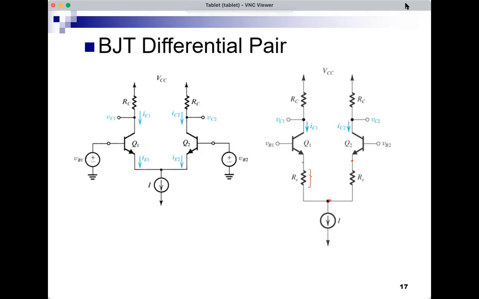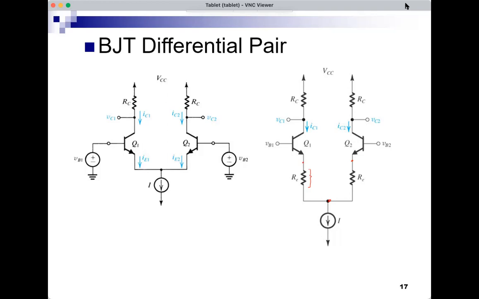The second effect of RE is that it will make the characteristics of the BJT more linear. How does it do that? We will study this when we start the topic of feedback. This is a feedback resistor, and negative feedback makes the amplifier characteristics more linear, so we will have reduced distortion. So this is a useful resistor. It will help us in reducing the distortion and